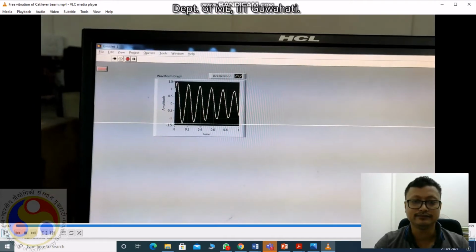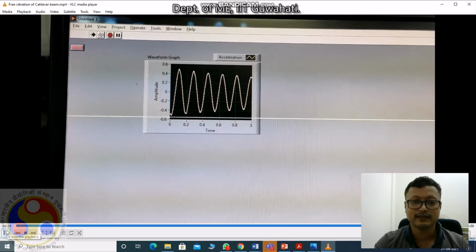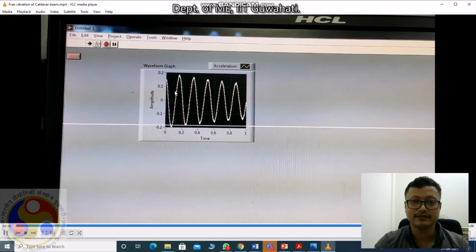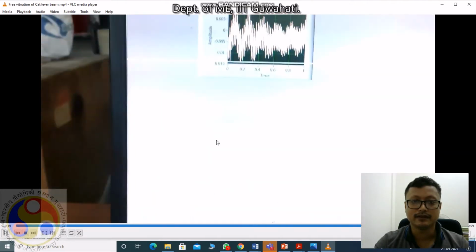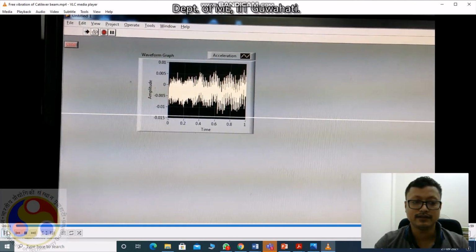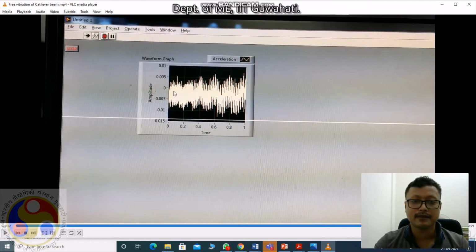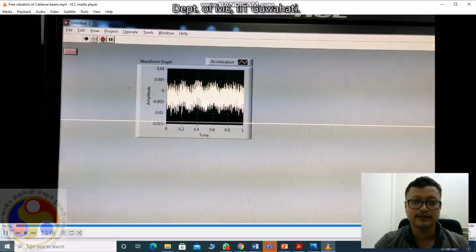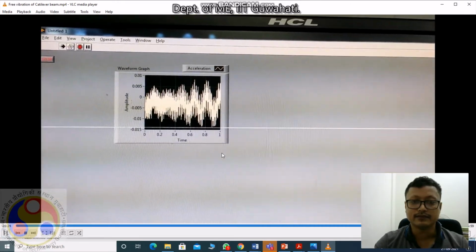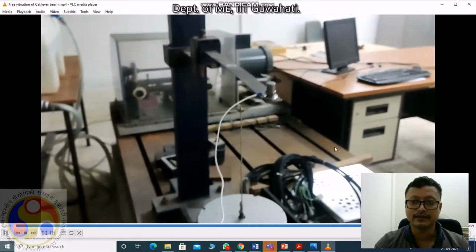It will take time. So this is the graph. I will show you again. This is the graph. After some time, when it comes to damping, it will look like this. For the initial jerk, it will look like a thin line. Now it is about to damp, so a very high number of data points is coming, and it looks almost like a straight line. Now wait a minute, let the file open.